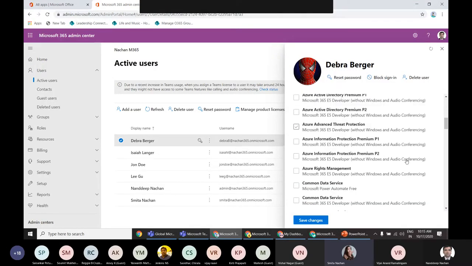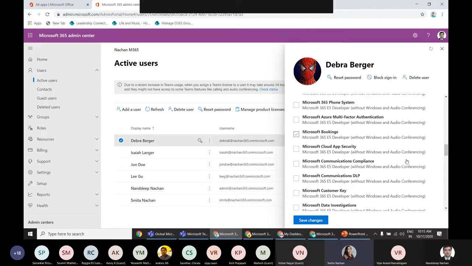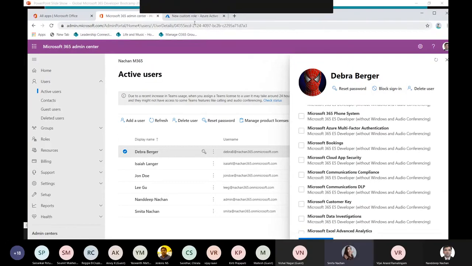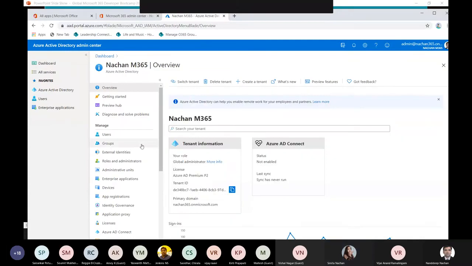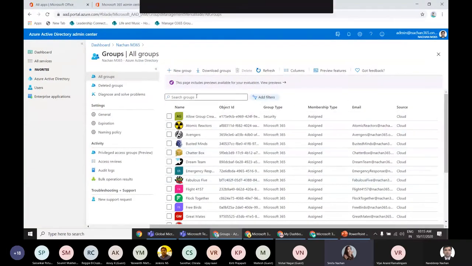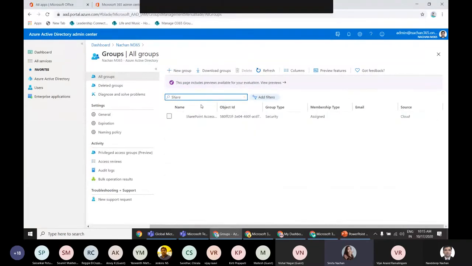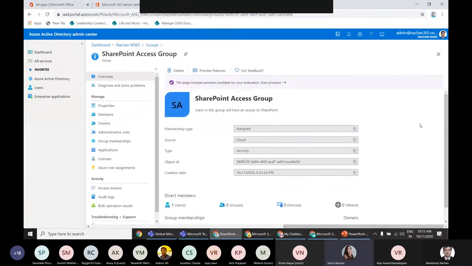But one drawback is that you are not able to track who has got the license, and any other admin can give user access, and we will not be able to track that. The best way is to go to the Azure portal. Let me quickly go to the Azure portal and then go to groups. Let me open an already created SharePoint group. We have already created a SharePoint access group, and here if I go to the licenses,